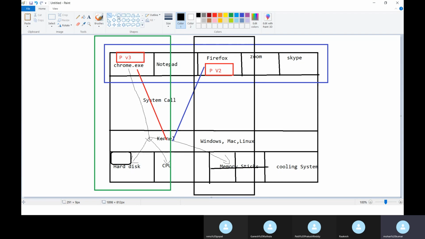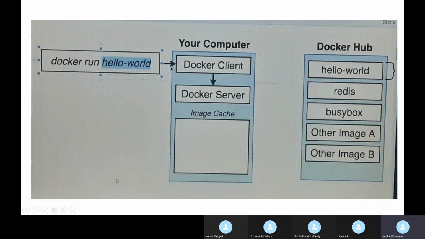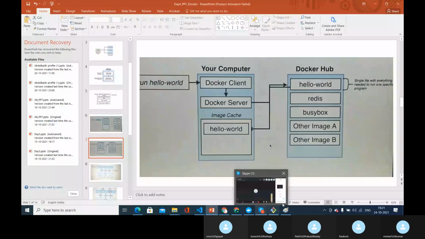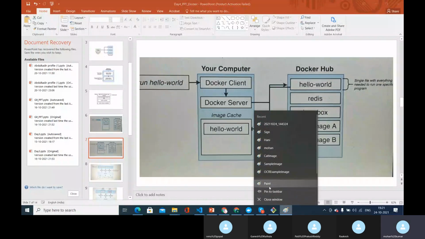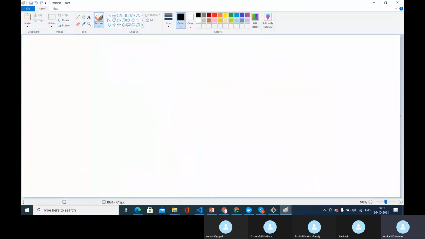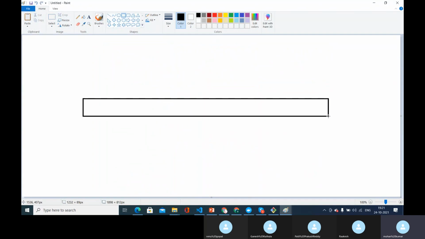So this is how I am dividing the entire system into multiple parts. How it basically looks in the end is, this is the kernel, and this is my container 1.